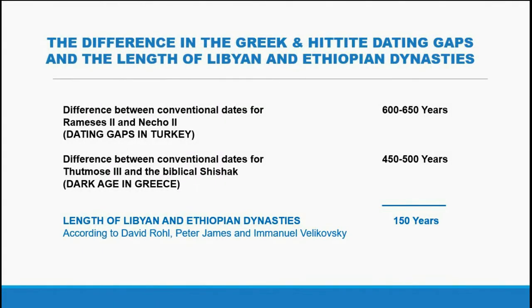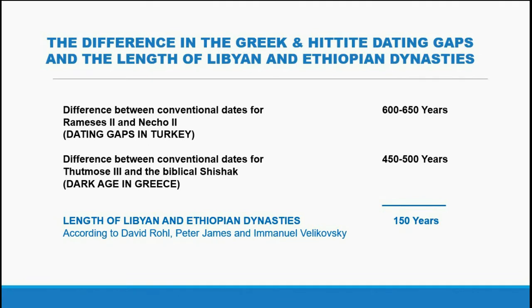In Greece and Western Turkey, the Dark Age gap is consistently found to be around 450 to 500 years, which matches how far out the 18th dynasty dating is according to Velikovsky's synchronism of Thutmose III with the biblical Shishak. In central Turkey and Syria, the Dark Age dating gap is consistently found to be over 600 years, and this is due solely to dating the treaty of the 19th dynasty pharaoh Ramses the Great with the Hittites to the